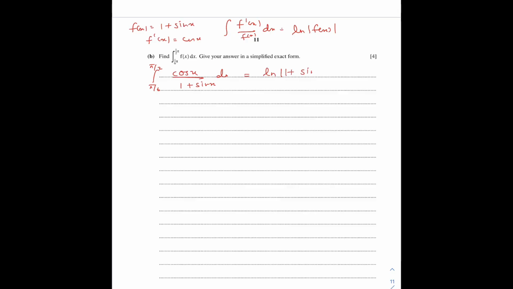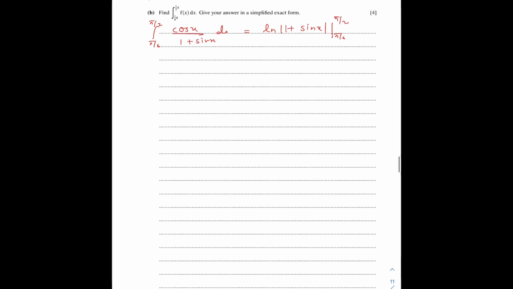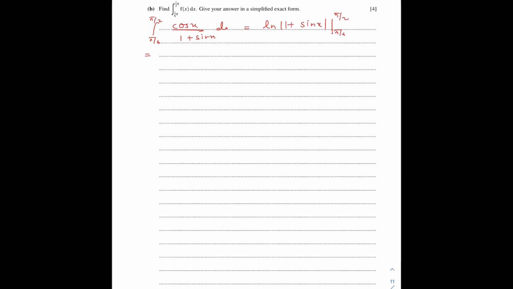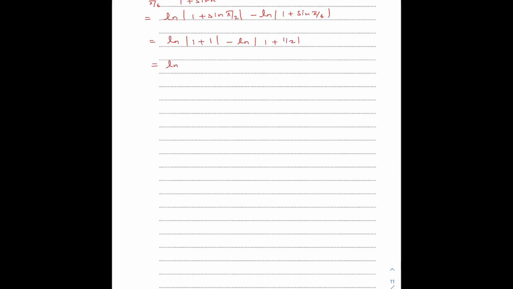But I don't need c here because that's a definite integral, so I'm writing equals ln of 1 plus sin x from pi over 6 to pi over 2, which is the same as ln of 1 plus sin pi over 2 minus ln of 1 plus sin pi over 6,